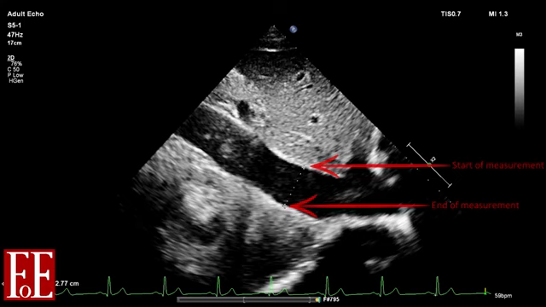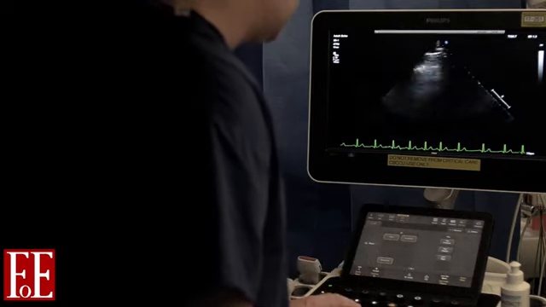And I'm going to measure the IVC about 2 centimetres below the RA-IVC junction, just below where the hepatic vein inserts into the IVC. And in truth, I probably could have got a little bit closer to the hepatic vein with this measurement. Okay, all that remains is to have a look at the lung bases, so we're going to